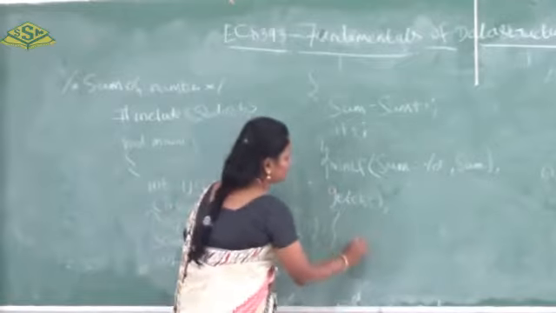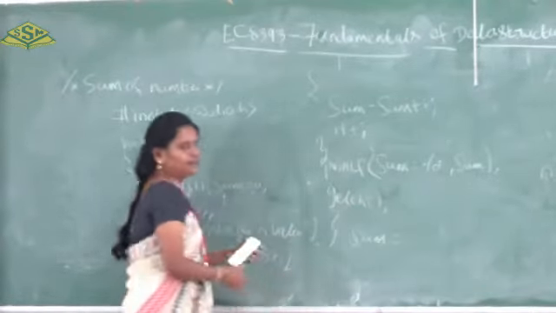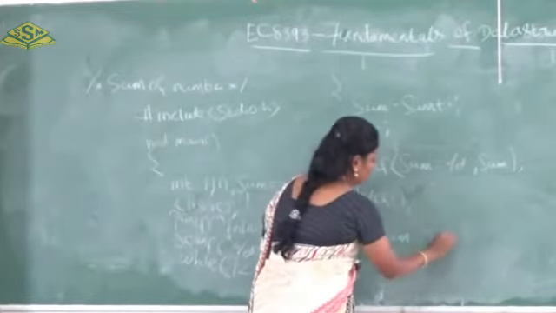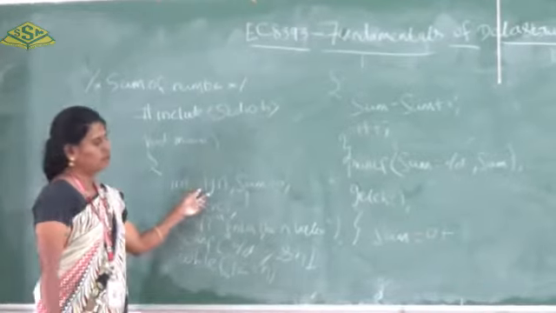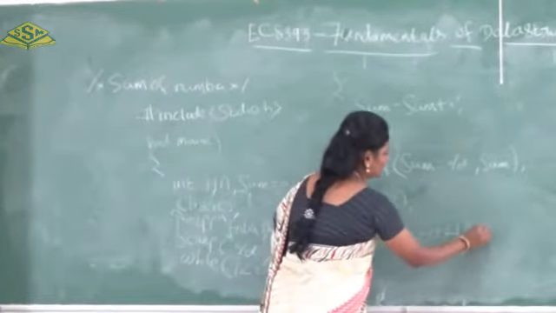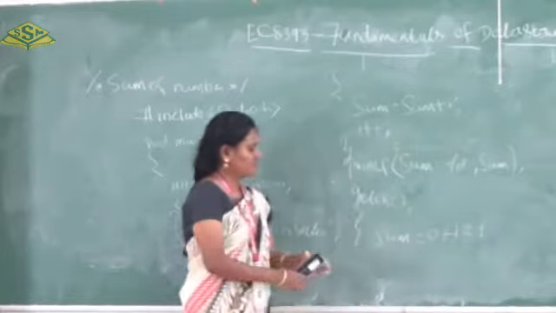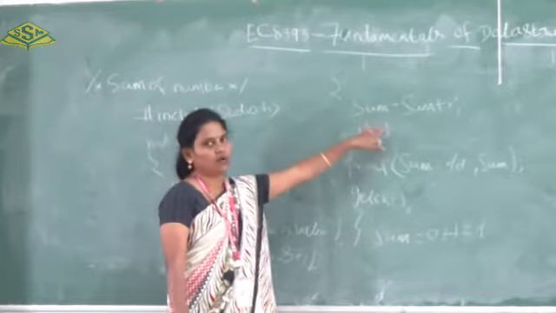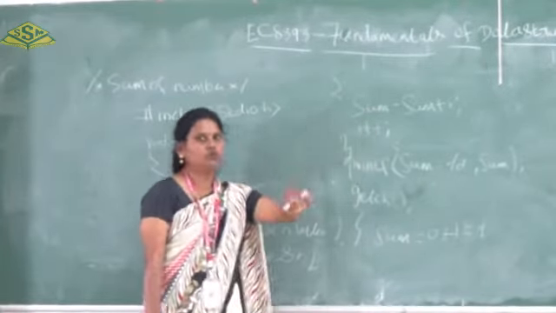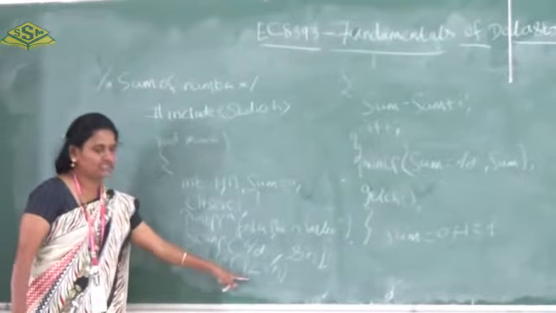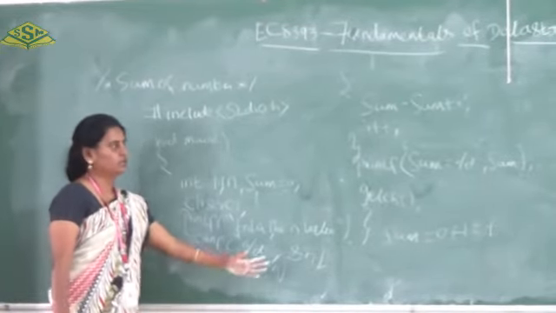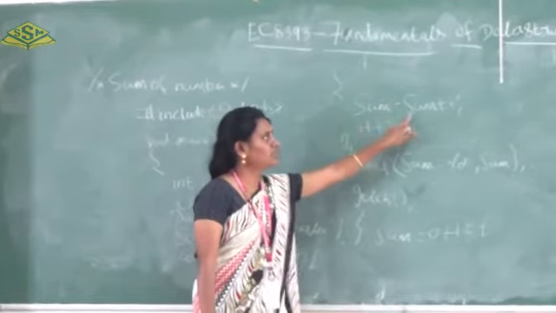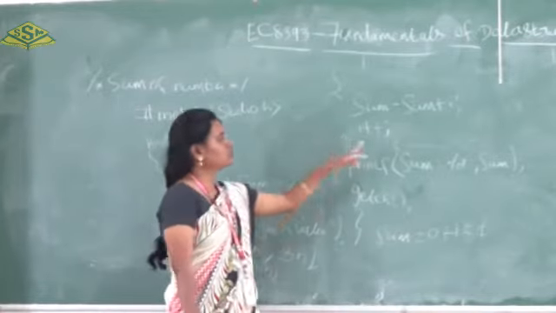Here we have sum is equal to, already declared as sum is equal to 0. In the first iteration, what is the value of i? i is equal to 1. So 0 plus 1 equals 1. The 1 will be stored in the sum, so at the current position sum is 1. After that i will be incremented to 2. Then we check the condition: 2 is less than or equal to 6. Condition satisfied. Sum is already 1, so 1 plus the value of i, which is 2, gives 3.